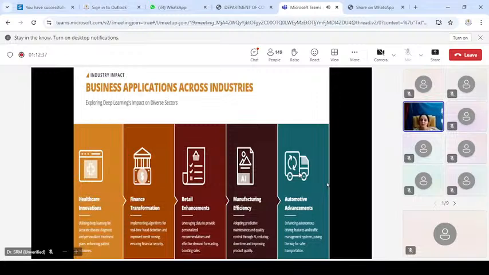How? By predicting the demand patterns, and also they are in a position to manage inventory, and also they are sharpening their logistics operations. So this integration of deep learning into manufacturing process, it is boosting productivity, it is lowering the cost, and also it is allowing the companies to respond more quickly to the market changes, and that is very important if at all they have to stay in that particular field.